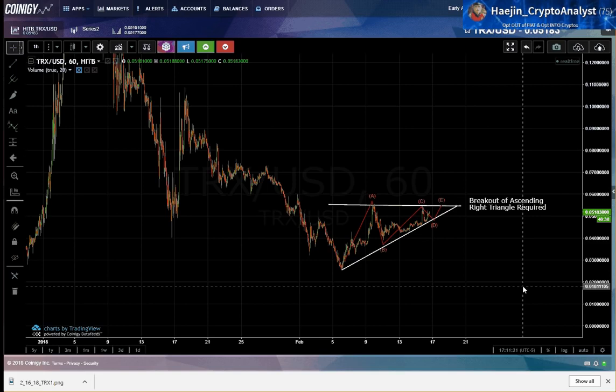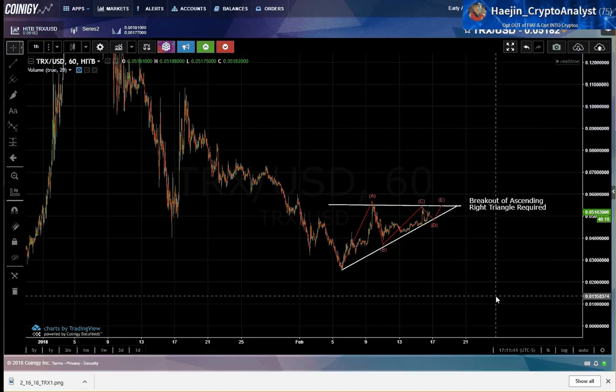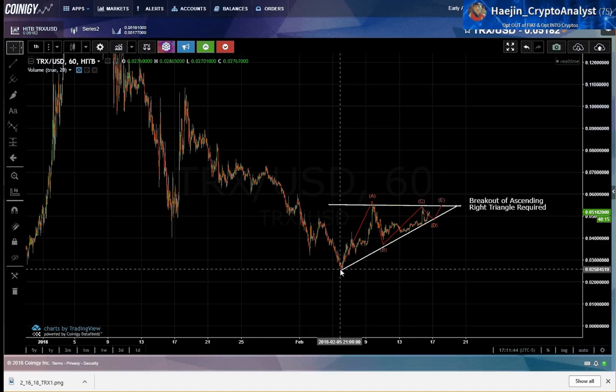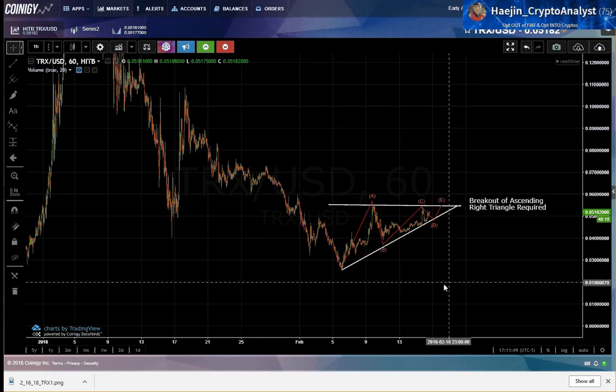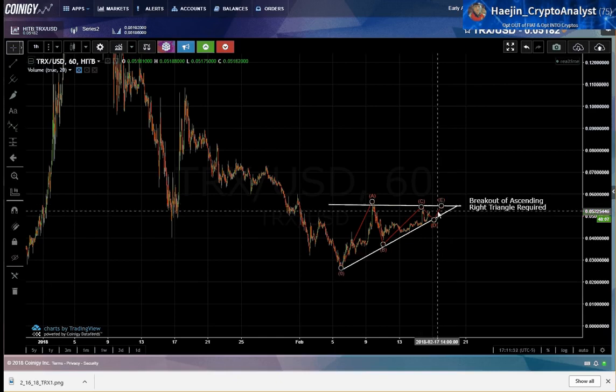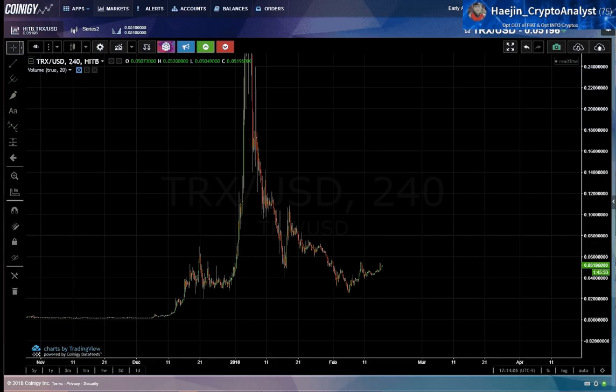But I believe a lot of the direction of this will depend on how Bitcoin wants to take the whole thing. If Bitcoin wants to do a correction, this could do a little more correction. But I think I'd be surprised if it goes to a lower low. I have seen plenty of instances where still with wave E on the top, price rises and breaks out. Now I think the bottom is likely to be in. There's good evidence of that,